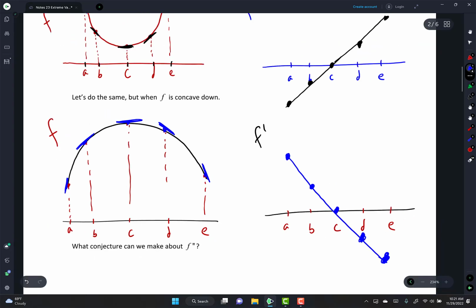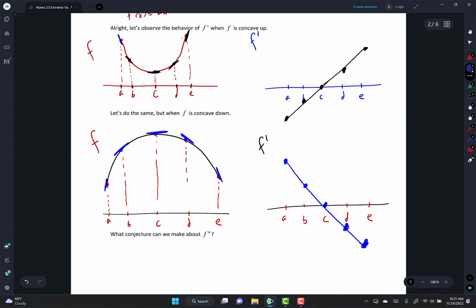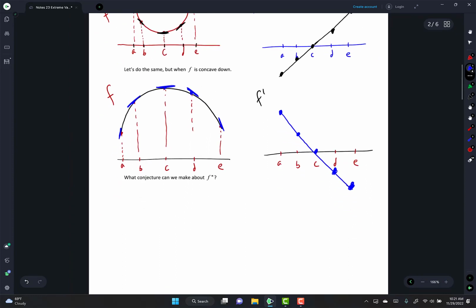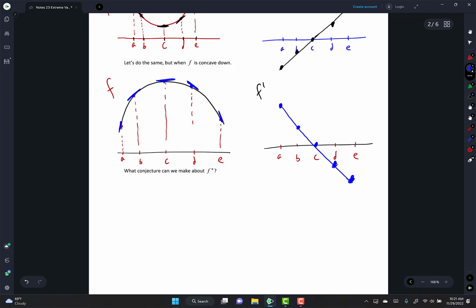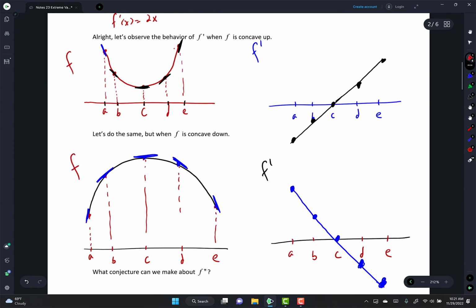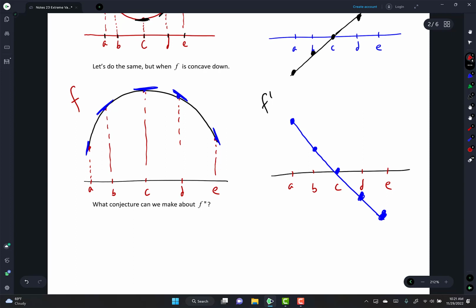Okay. I think we did a good job. Yeah, we did a good job. Let's see if we can make a conjecture about f prime prime, the second derivative. So notice when it's concave up. So I'm going to write here. So let's make a conjecture. If f is concave up, so write that down. If f is concave up,